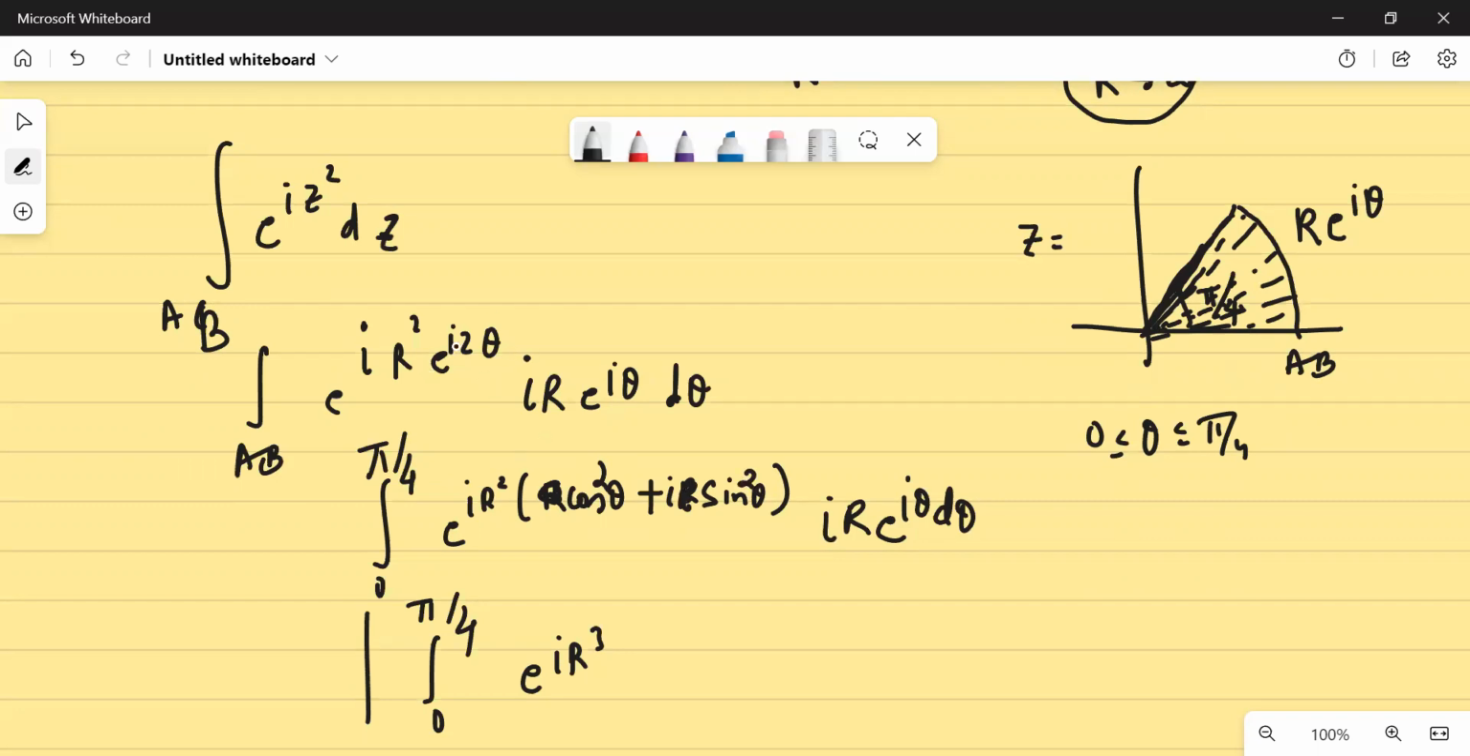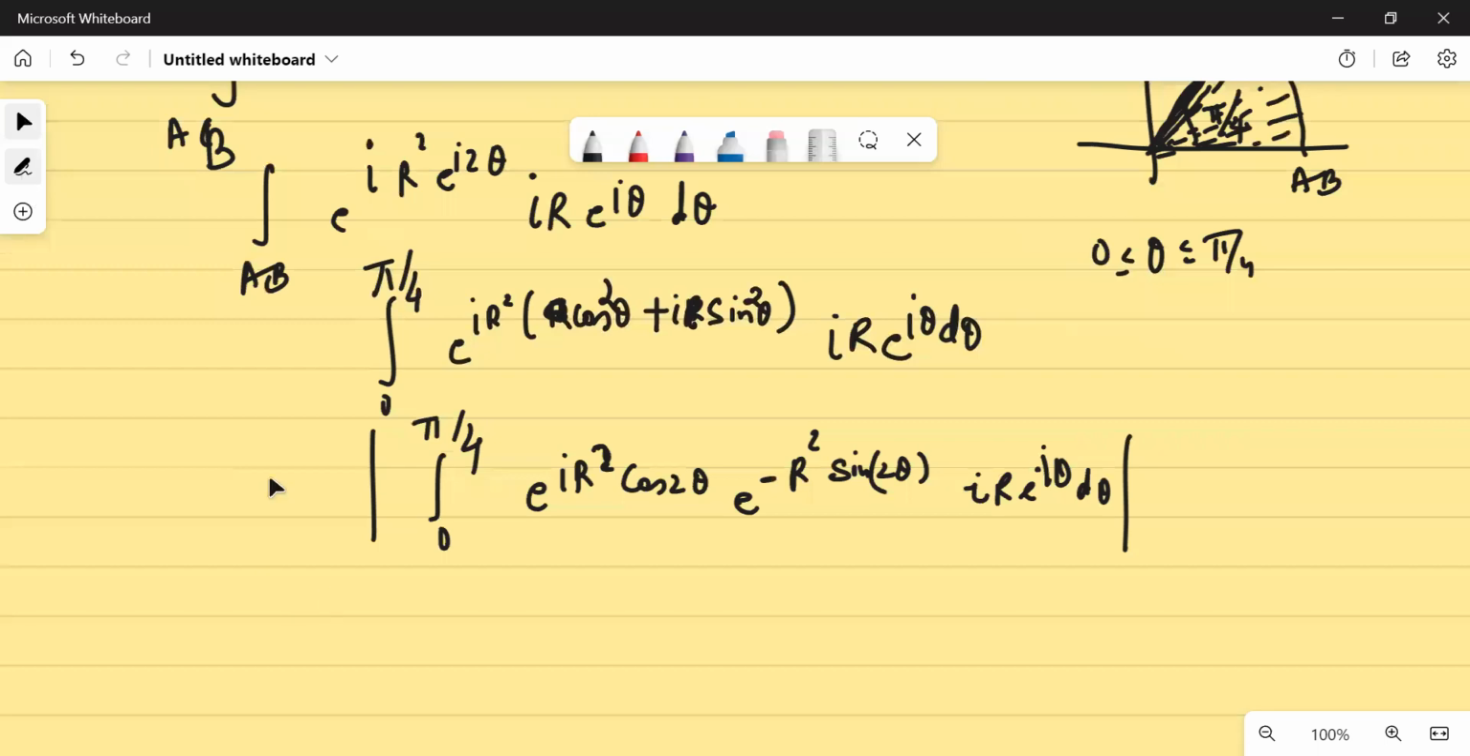So e to the power 2 iota theta will be there. All right. E to the power iota 2 theta will give you cos 2 theta plus iota sine 2 theta, and there is an r square. So this is e to the power iota r square cos 2 theta, and then e to the power minus r square sine 2 theta, and then you have iota r e to the power iota theta d theta, all in modulus. Is that clear? And this whole modulus would be less than or equal to